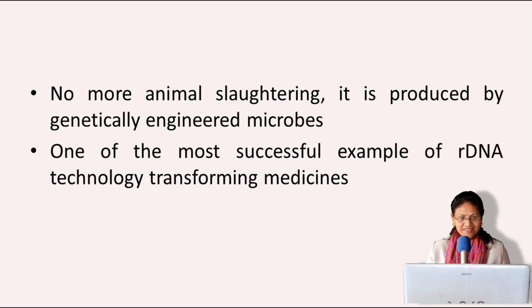So at last we can say that no more animal slaughtering is done these days. This insulin which is available in the market so readily is genetically engineered, and first we genetically engineer the microbes, and that's how we get the insulin, which you can call the recombinant insulin. And one of the most successful examples of recombinant DNA technology transforming medicine is the production of insulin. So this was the first product which was